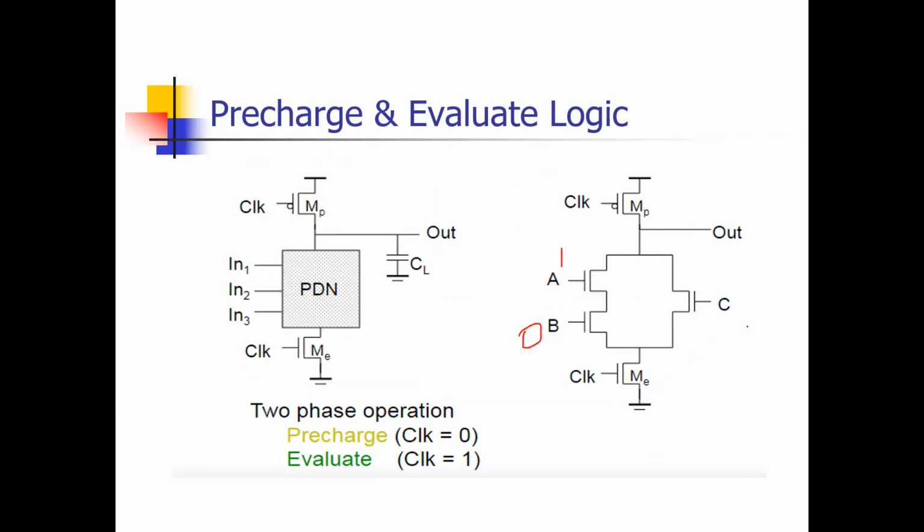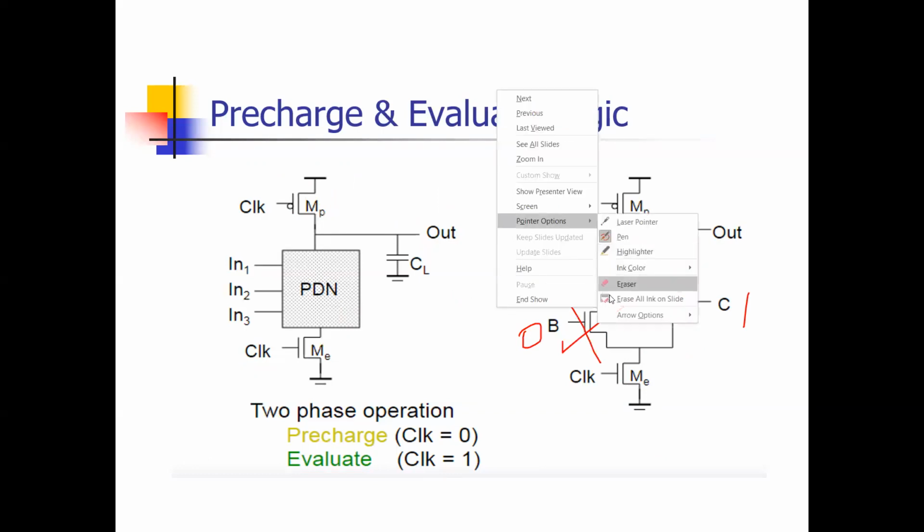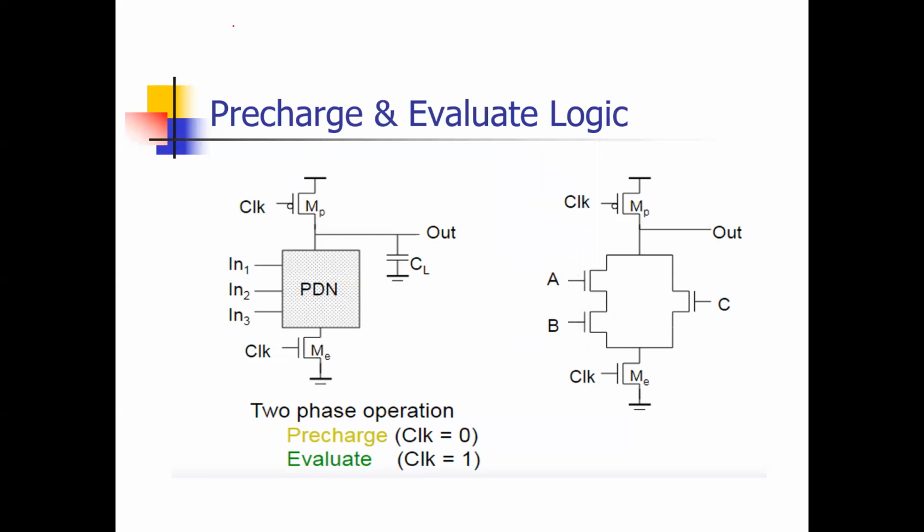Suppose A is 1, B is 0, C is 1, then A is on but B is off, so it does not have a path to discharge. Now if you make the truth table, there are 3 inputs, which means 8 combinations. When A is 1 and B is 1, whatever the C, the output is 0. Whatever A and B, if C is 1, then the output is 0. Because in these conditions it will be not 2 but 4, since X can be 0 or 1, and AB can be 00, 01, 10, 11. In all these conditions it has a path to discharge, so it will be 0, otherwise it will show 1.